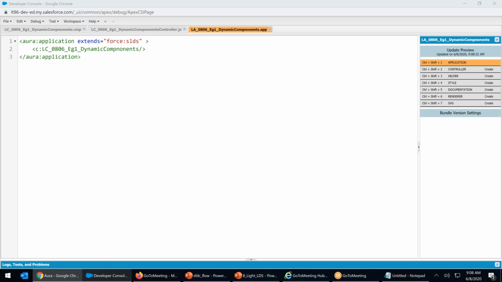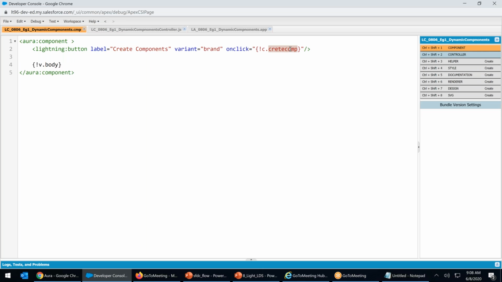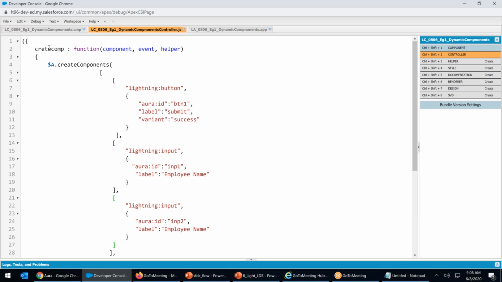Did we write on click? Format, let me check this out. What is that? Right, Control C, that's exactly what we did. Create comp, perfect. Control S. Let me go ahead, update the preview.